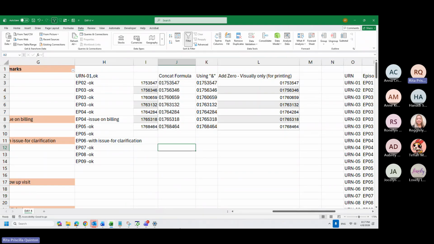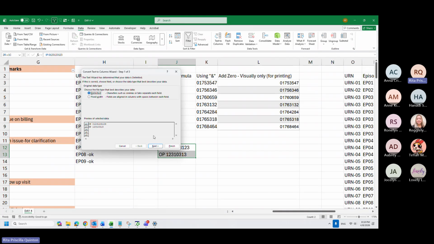Sometimes their episodes appear with a space, say OP with space. So what I usually do is use text to columns and delimit it with space.